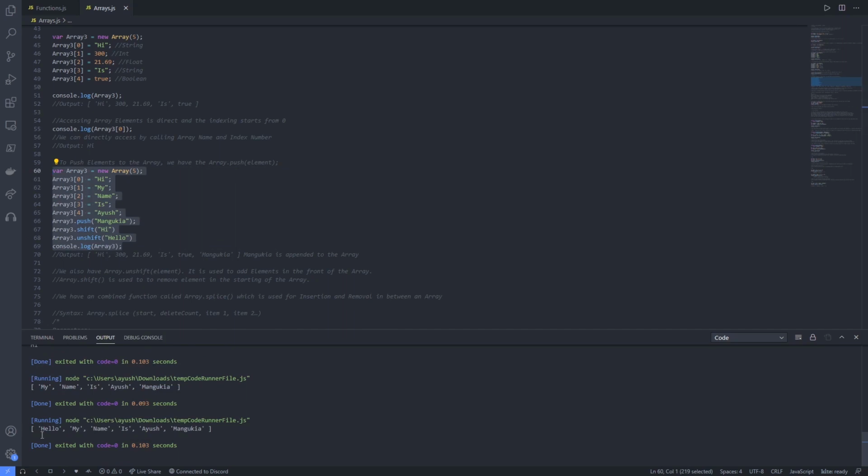Upon running this, we get "hello" instead of "hi" because we use the shift function, which deletes the first element, and unshift, which adds a new element to the start of the array.